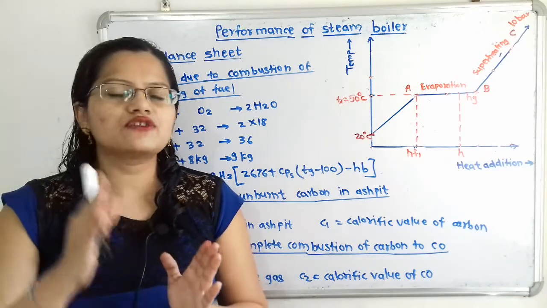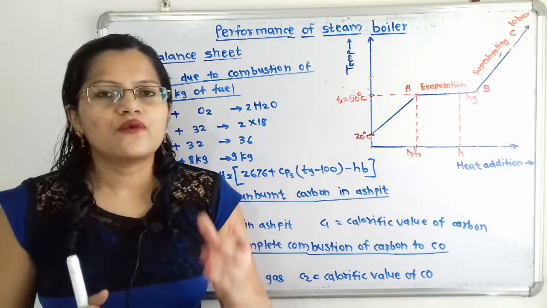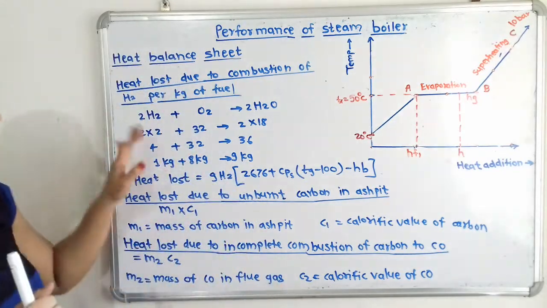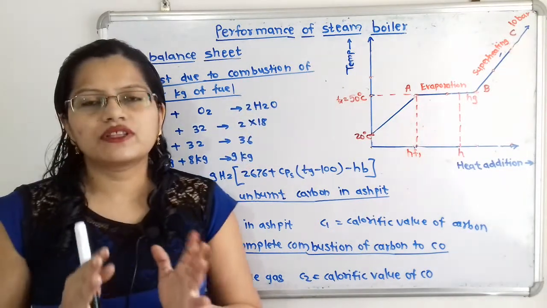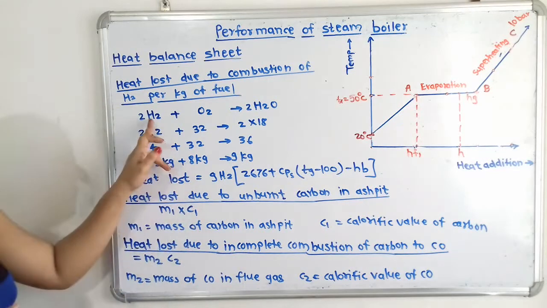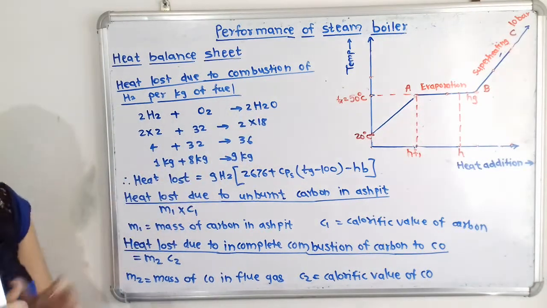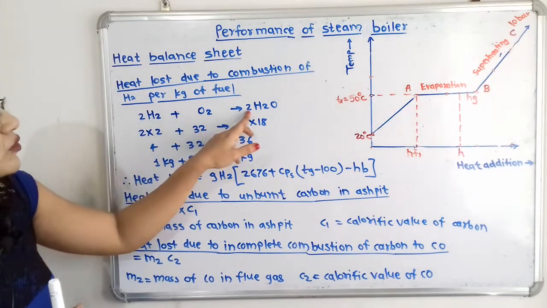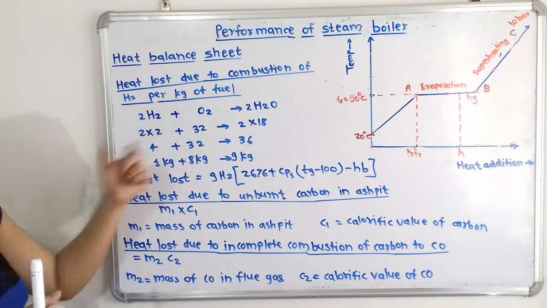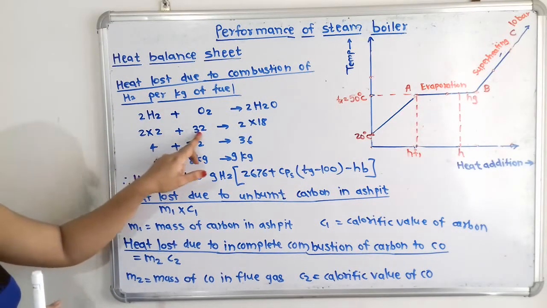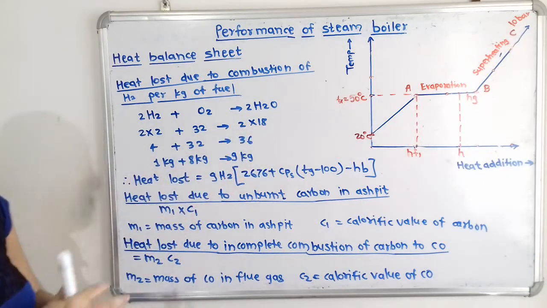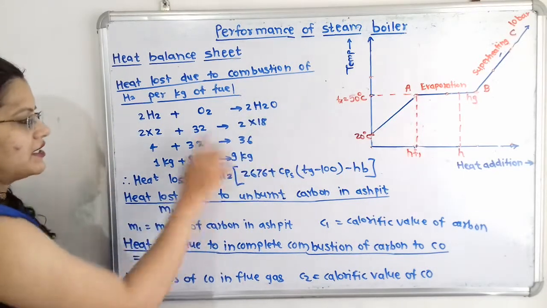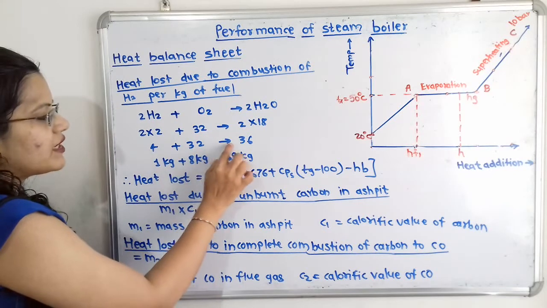Now instead of mass of moisture that is present in fuel, we have to find out how much H2O is getting formed. So we will write here the equation for the fuel analysis by mass. H2 when combined with O2 gives us H2O. So to balance, we write 2H2 plus 1O2, which gives us 2H2O. Now we give the molecular weights. So 2 multiplied by 2 plus 32 will give us 2 multiplied by 18. That is, oxygen O is 16 and hydrogen H2 is 2, that is 16 plus 2, that is 18. So 4 plus 32 will give us 36.